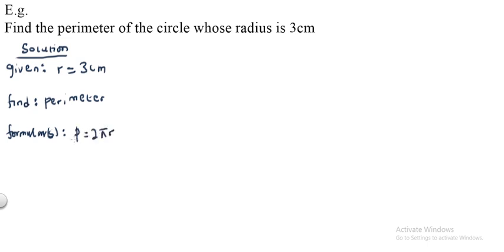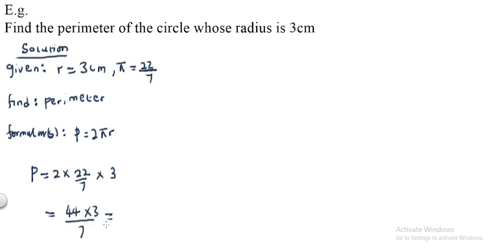Now we know our pi is always 22/7. We can write pi here as 22/7. Now we know our r, so we can simply plug everything in to get our perimeter. So our perimeter is equal to 2 times pi. Pi is 22/7 times r. R is 3. From here we know that 2 times 22 is 44 times 3/7. So that this is equal to 44 times 3 is 132 divided by 7. 132 divided by 7 is